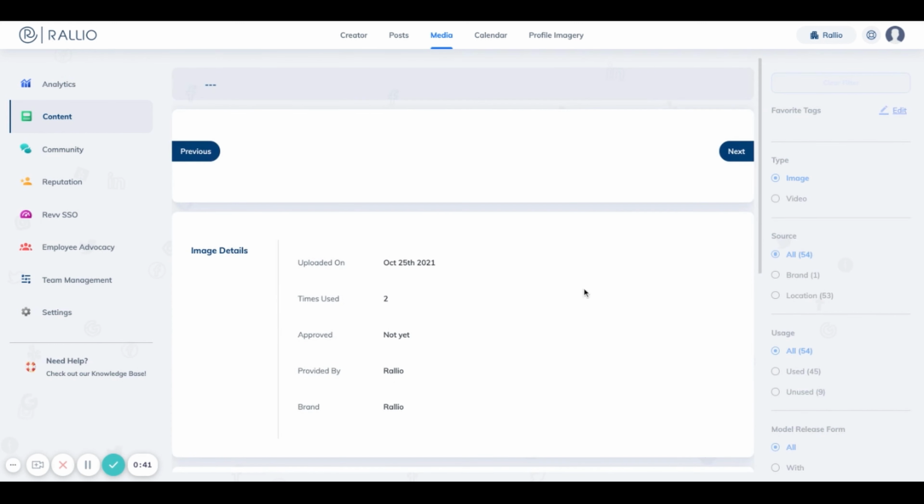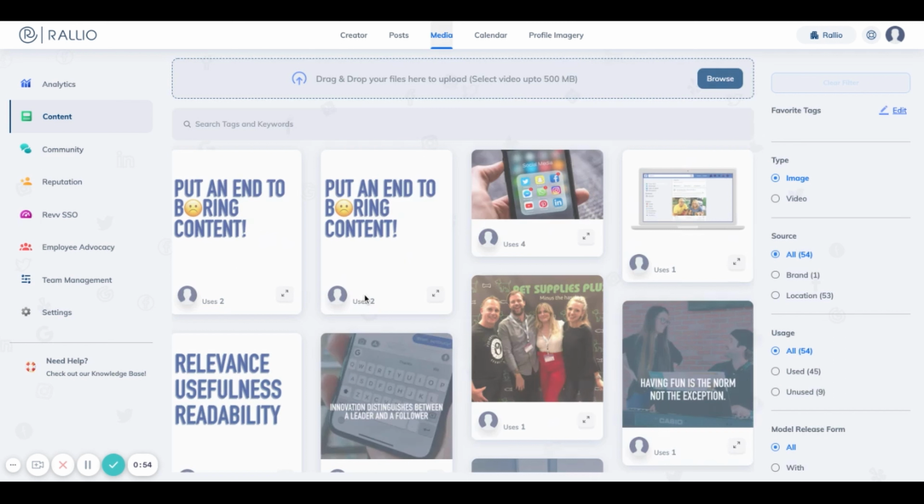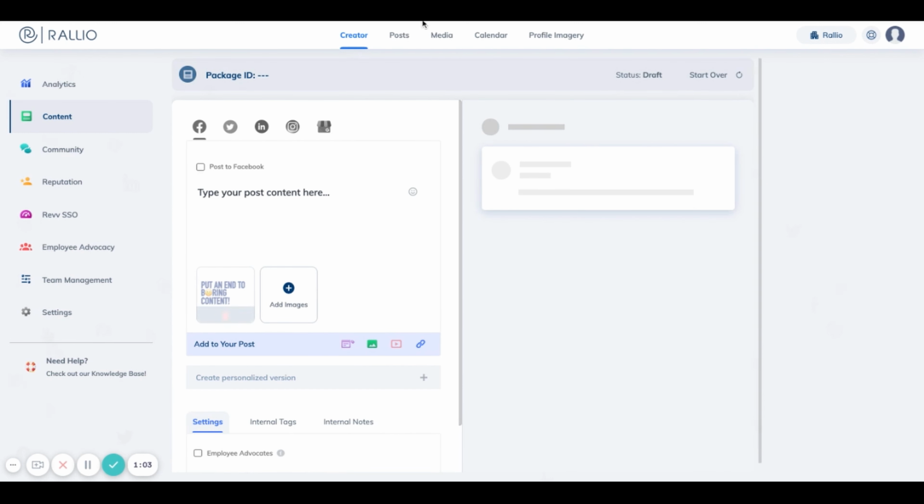When you click on an image, you're able to see all of the details about that image, as well as have the ability to add a watermark or edit the image itself. If you want to post a piece of content, you'll hover over the arrow and click Use. This will take you back to the Creator tab with that specific piece of content,